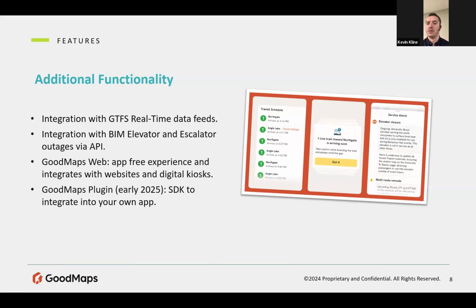I want to make it our company's point that it's not a question about accessibility. It's knowing that we're going to be accessible and then adding a great experience for all users. That's in many different types of places, whether it's transit, education, healthcare. Some of these features cover those, but also add more to more demographics, such as adding real-time feeds to rail stations. Sound Transit is one of our partners in Seattle,